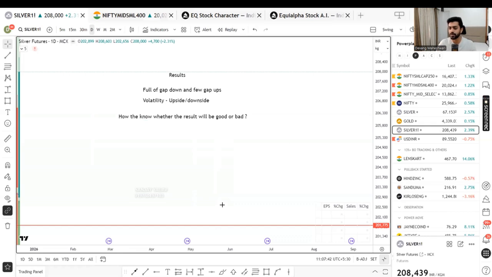Kavita says past data. Any other guess? Because I don't think we can have any idea if the result is going to be good or bad. Deepali ji says we can't predict. Kavita ji is on call. If the stock is falling continuously in recent days, then probably the result is bad. Okay.